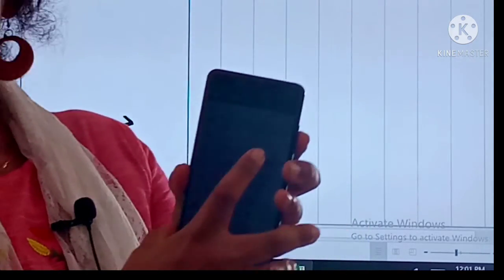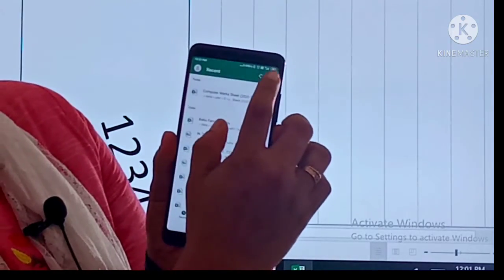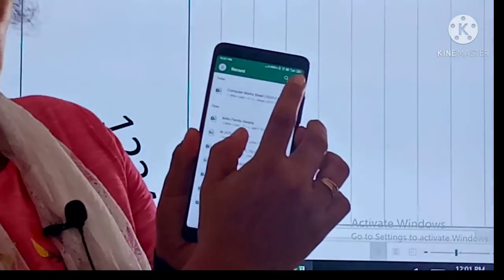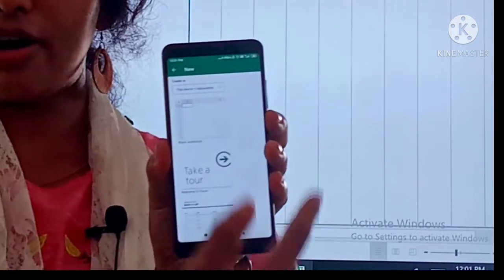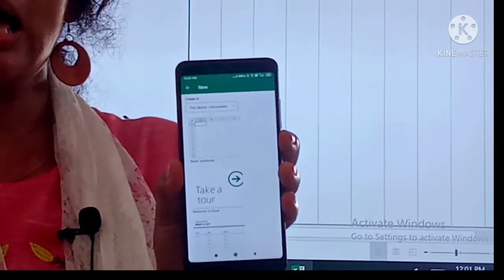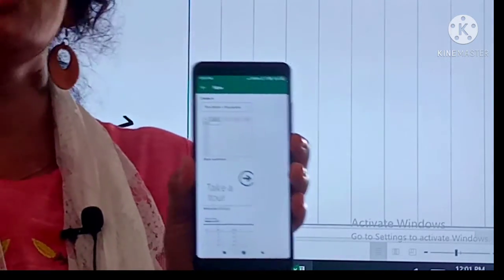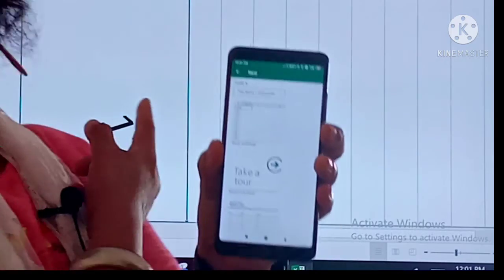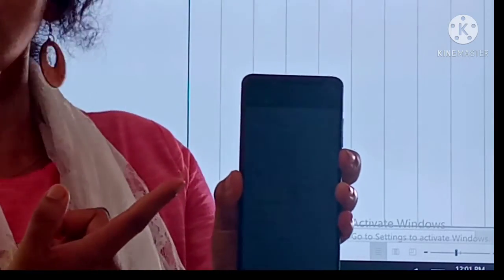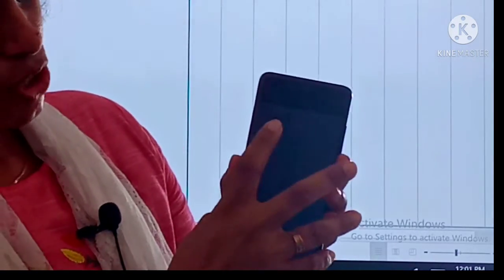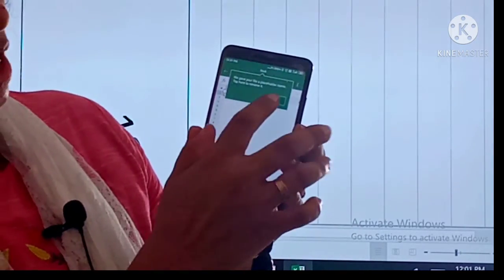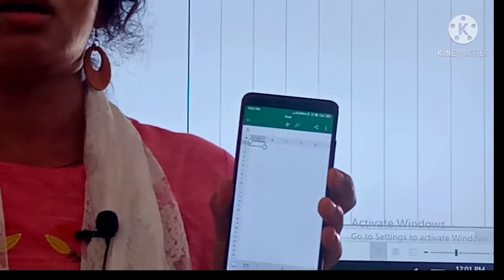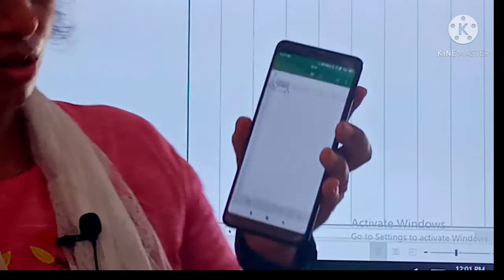After going there, click over here, the plus sign on the top. When you click on the plus sign on the top, you'll get a window showing the blank Excel document. That's a new page. Just as we saw the new page on the file menu here, similarly you have a new page on your mobile phone. So here click on the blank document. You can see the same screen as you saw on the laptop or computer. The same you have on your mobile phone also.